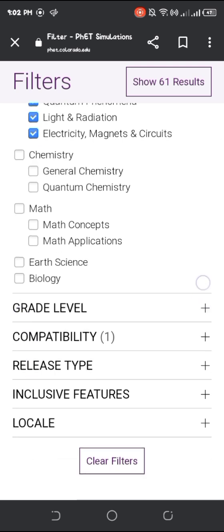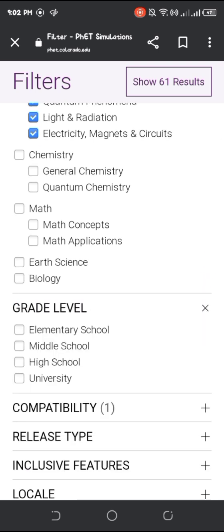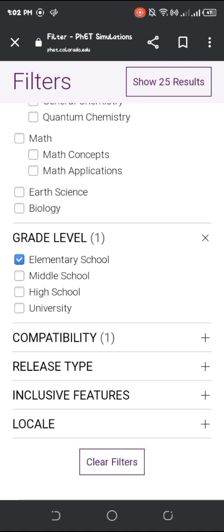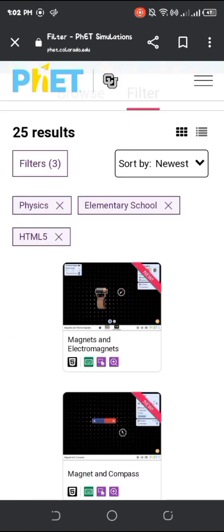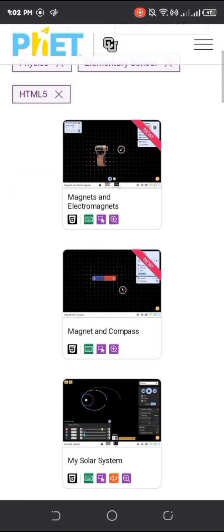It also has a grade level, the grade level that you want. For us, elementary school, so it's like that. And compatibility, release type, inclusive features, and locale. So let's click the show 55 results. And this is the result.